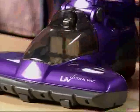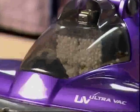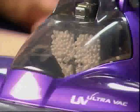Now in here I've got some polystyrene balls, okay? Now the moment that I switch the machine on, just look at the power that it's generating. Some seriously powerful airflow in there. Definitely. And look at how the balls are actually sticking to the true HEPA filter. Now that proves that the air is being drawn through it, removing over 90% of the dust, dirt, dust mites,